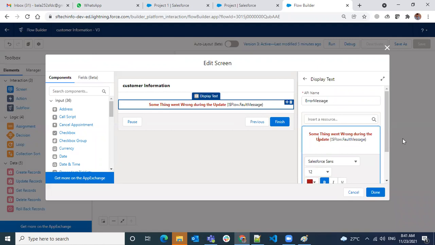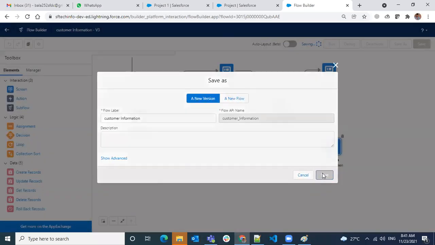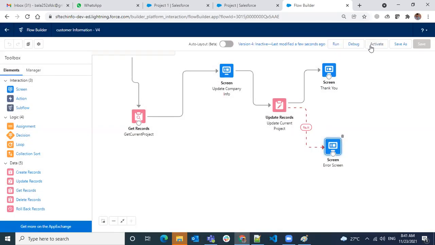Something went wrong during the update with below reason. Okay, so this is what I want to give. Fault message done. Now I want to save as a new version and activate it.